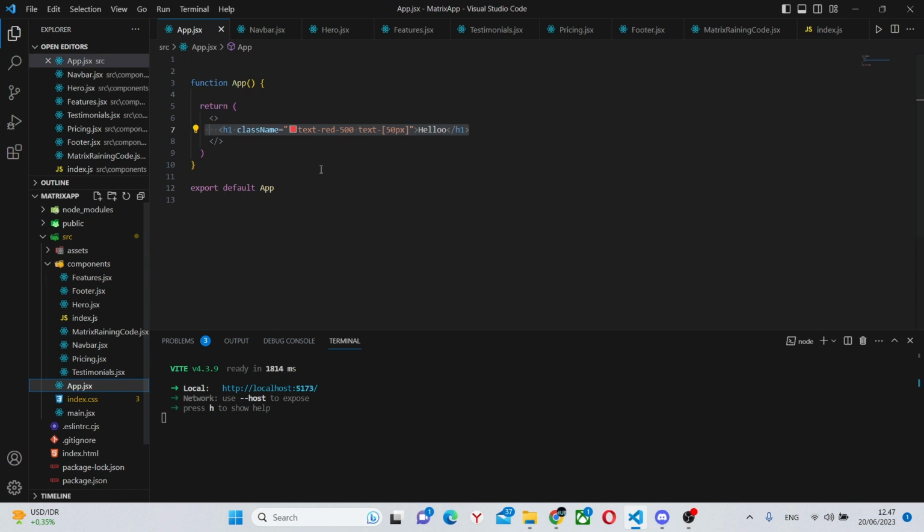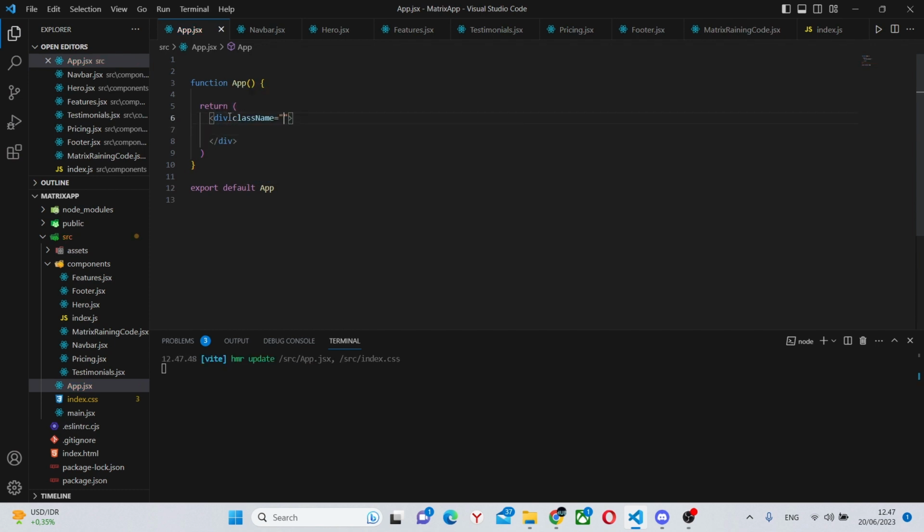Now we can go into our App.jsx and place everything here. We can say div, className min-h-screen, and paste in all of the components but the matrix training code. Also we can say overflow-hidden.